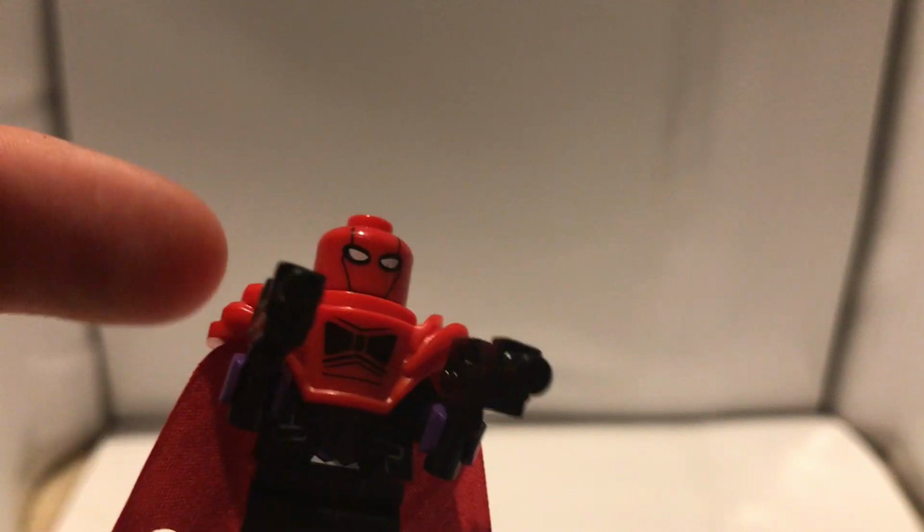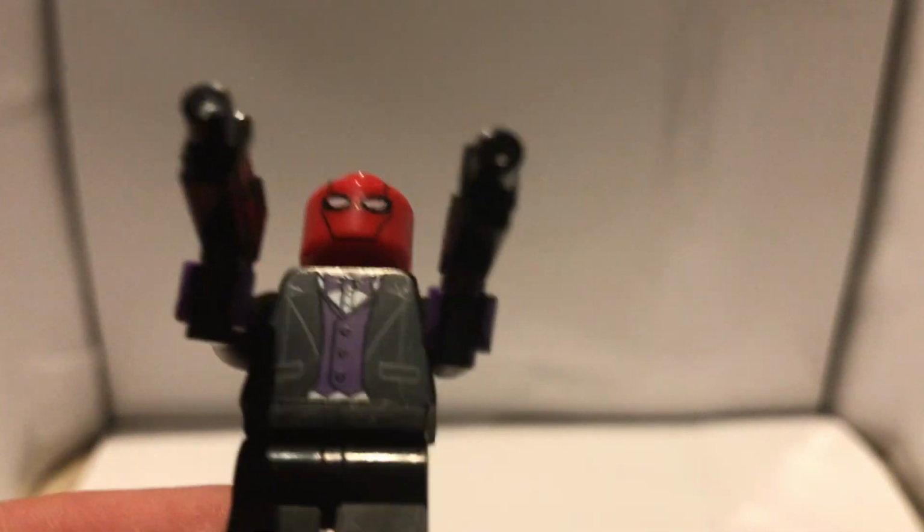This is the same shoulder piece that's used for Mr. Freeze in the Mr. Freeze Ice Attack set. And if you remove that shoulder piece and you remove his cape, then you can see he has a purple suit, which looks nice, with no back printing. So I'm going to put that cape, shoulder pads and helmet piece back on. Then I will move on to